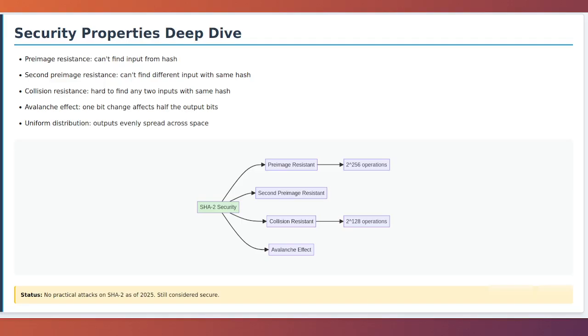SHA-2 achieves this through the carefully designed mixing functions and round constants. As of 2025, no practical attacks against SHA-2 have been found. The best theoretical attacks on reduced round versions still require more computation than is feasible. This strong security record, combined with rigorous analysis by cryptographers worldwide, gives us confidence that SHA-2 is secure for current